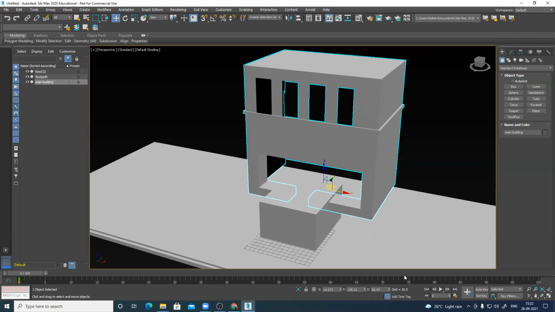See, if I apply a checker map here, light here, diffuse, checker map, 20, it depends.